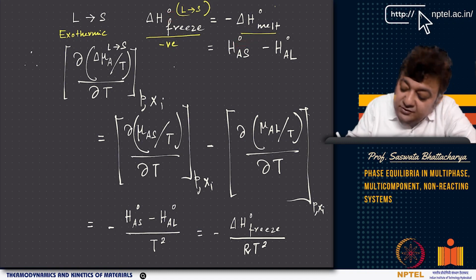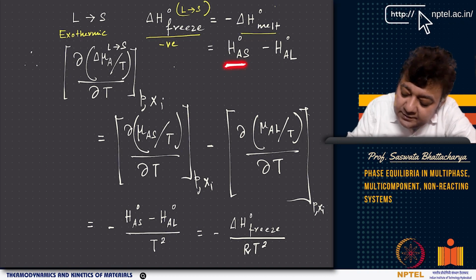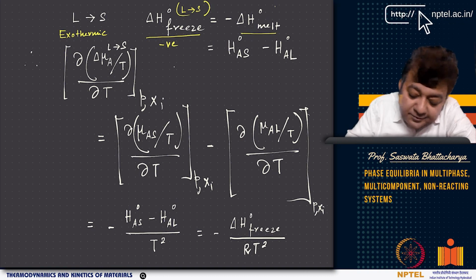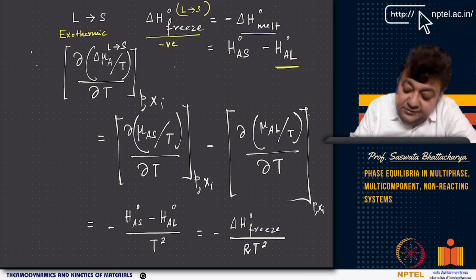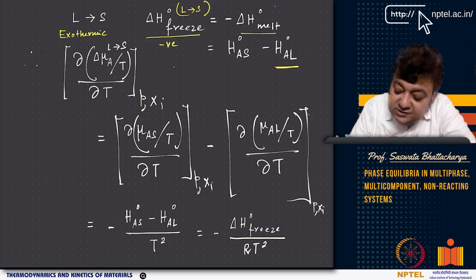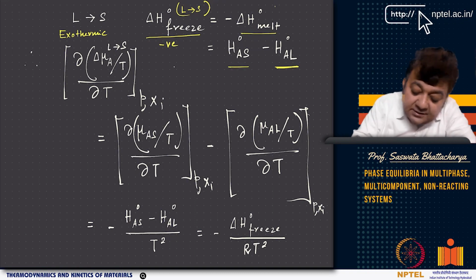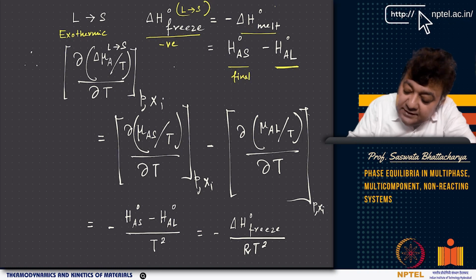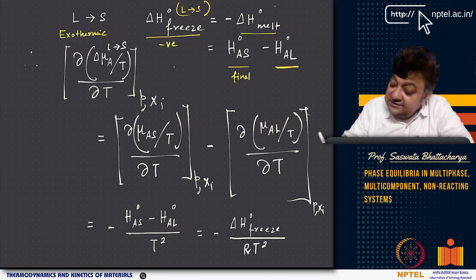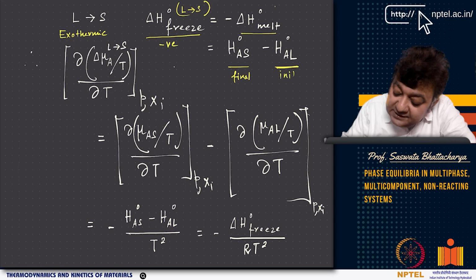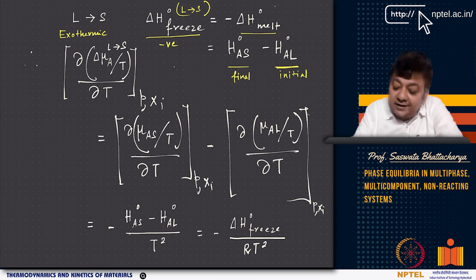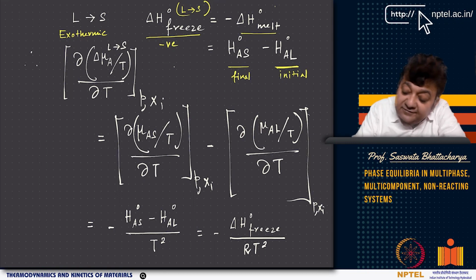0 means pure state, so you are looking at pure A solid. The enthalpy of pure A solid and the enthalpy of pure A liquid is what we are looking at, and the difference between them is the liquid to solid transformation. So this is the final state, and this is the initial state, right? In a freezing experiment, the solid state is the final state, and the liquid is the state that you start with. The liquid is freezing, and you get the difference, which is nothing but delta H0 freeze, which is the negative of delta H0 melt. Delta H0 melt is positive, right?